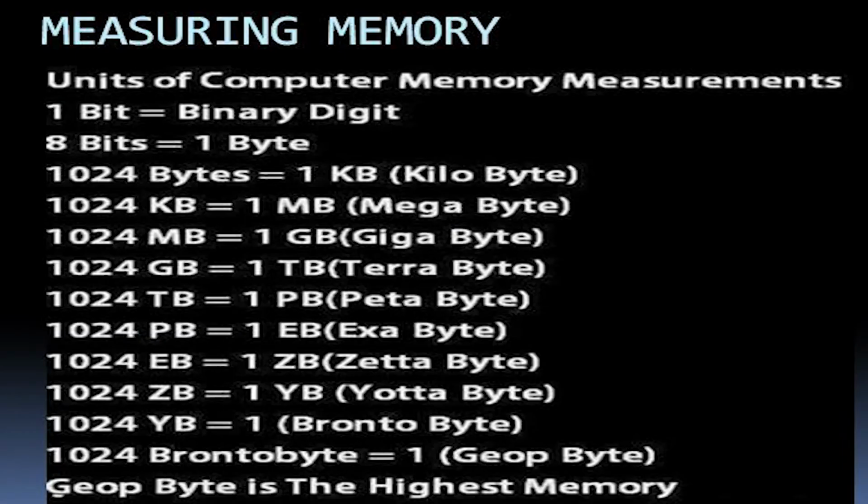Students, I already told you how memory can be measured. For example, water is measured in liters, rice is measured in kgs, but in a computer there are no liters and kgs, so we measure the memory in bytes. So you can have a look. This is called the bytes. The lowest storage memory is called 1 bit, binary digit. You go through this one, and if you have any doubts, let me know.